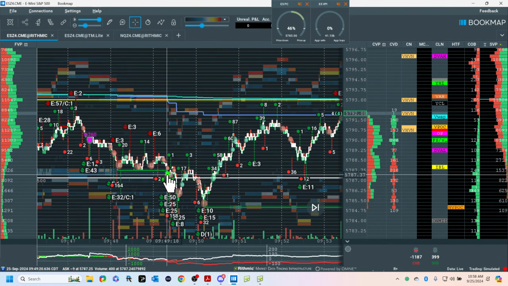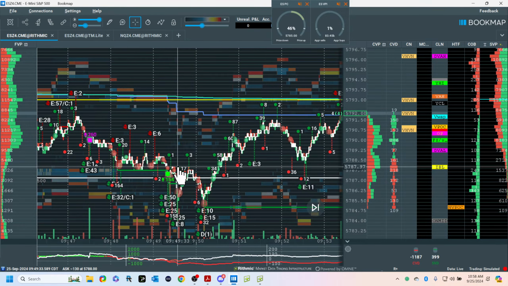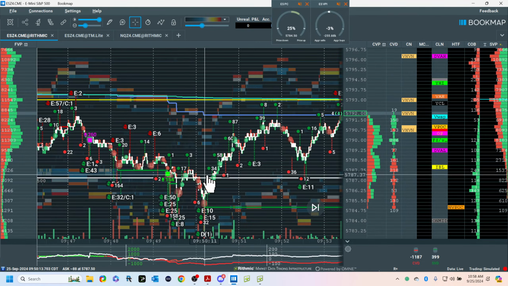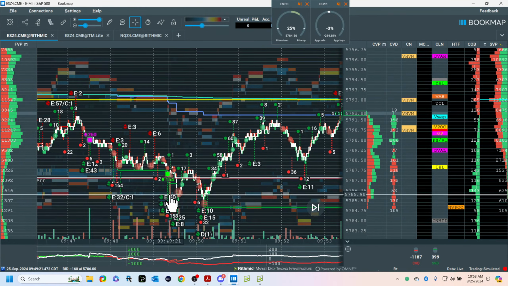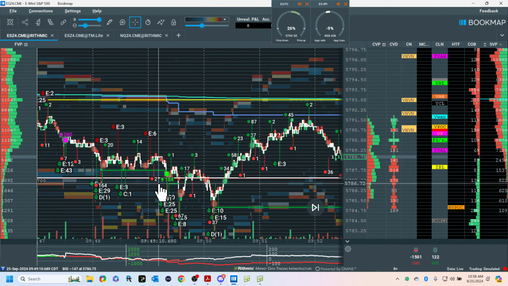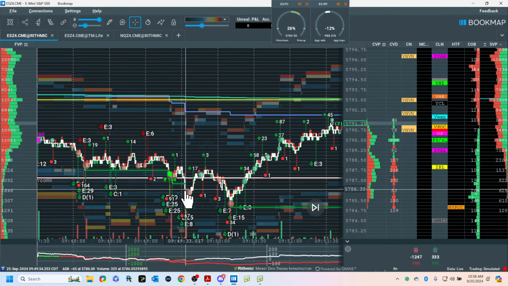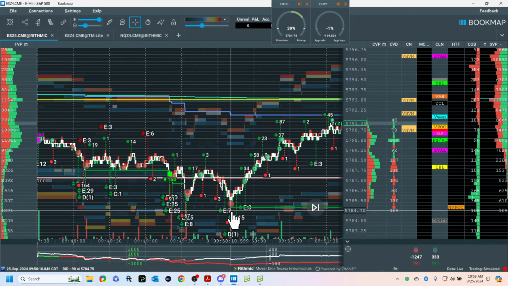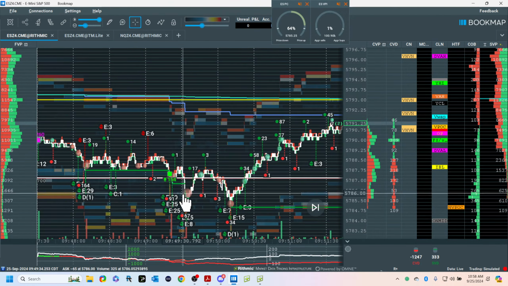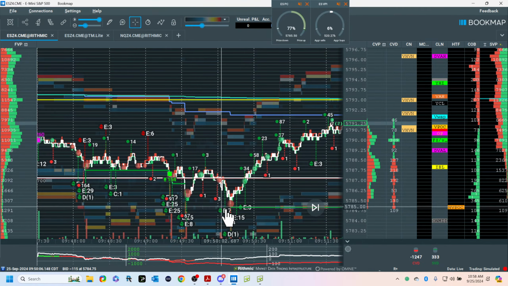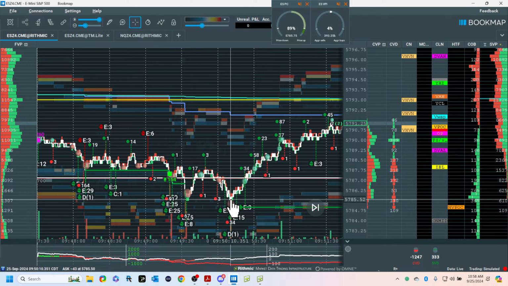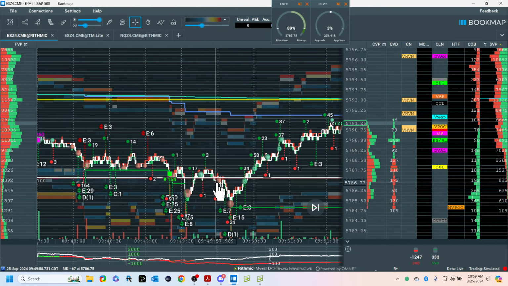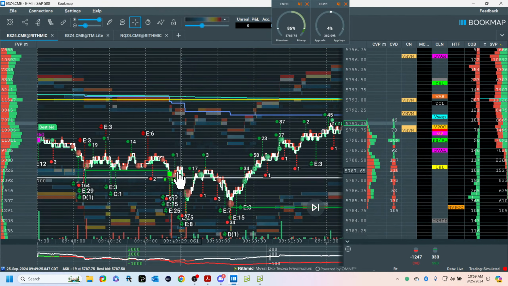This is where the buyers failed. I need to clear this seller and this seller for a long. So right here, I'm looking at a long. I come down again. Sellers are here. Now remember, and I've been repeating this a lot in the stream, and I want to do it always, is to remind you that the fact that this is a low does not mean the market won't come down and check it. And the buyers that absorbed this seller may still perceive it as a deal. Oh, really? You're putting it back on sale, and they buy it. So I can't trigger until I get above this seller and back above this seller.